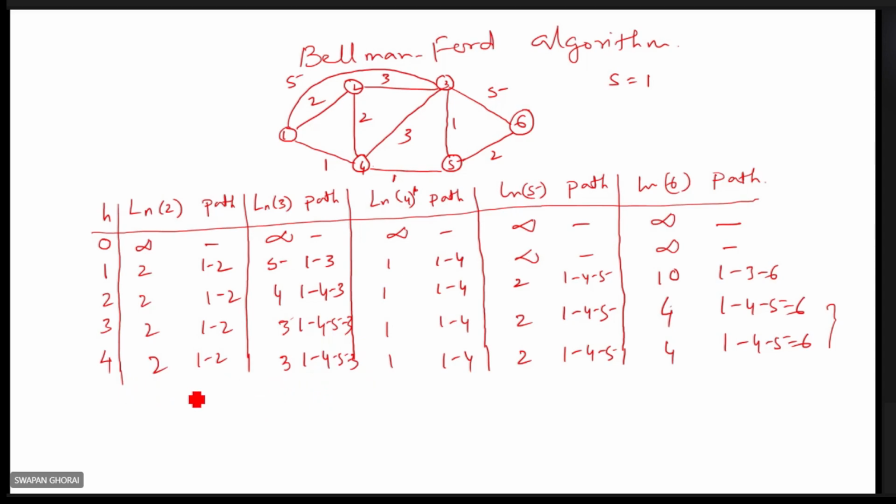This is the result from 1 to 2. It is 1. Then 1 to 3 it is 1, 4, 5, 3. So any network will be given to you, and you have to find out the least cost path from one source node to another node. Same problem I might ask: say consider s equal to 6 and find the least cost path. Then what you have to do? You have to consider the same way.